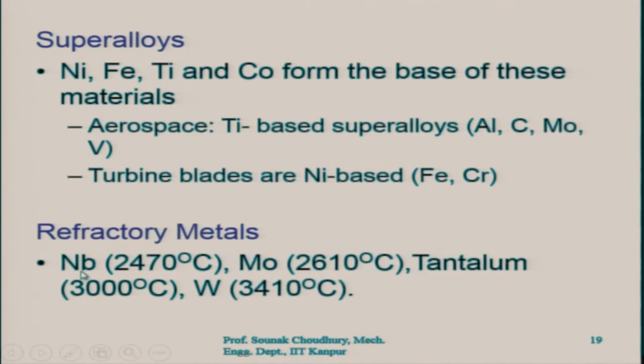Refractory metals: niobium, I suppose, can actually withstand 2470 degrees centigrade. Molybdenum can withstand 2610 degrees centigrade. Tantalum can withstand even more, up to 3000 degrees centigrade, and tungsten can withstand 3410 degrees centigrade. So, the refractory metals, you know, are used for making the layers in the furnace,